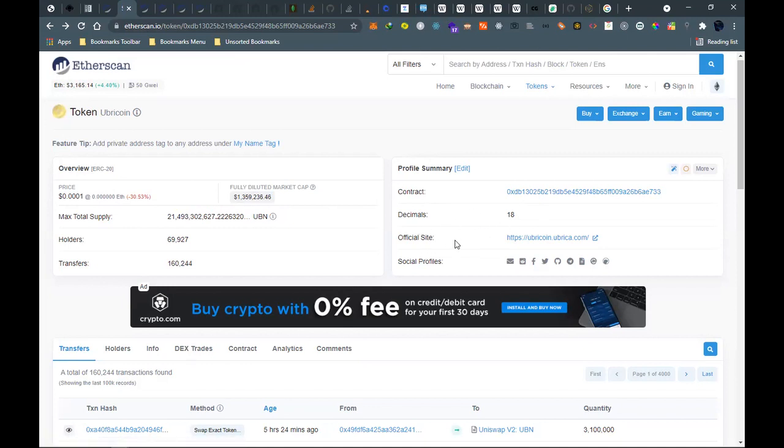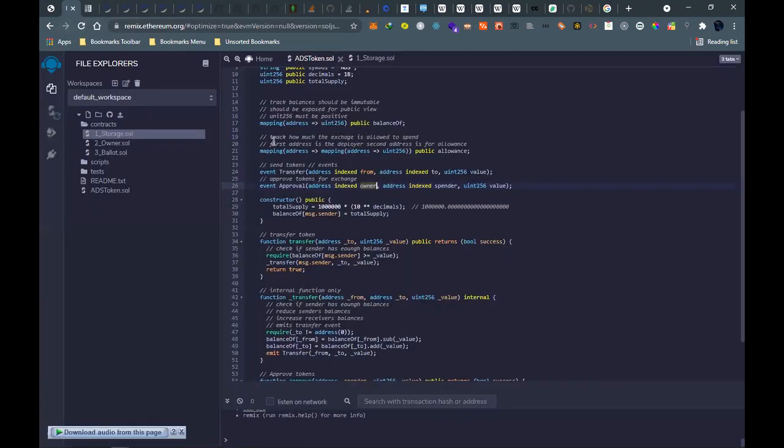These are added later once you have deployed your contract. The social profiles, transfers: these are all the transfers that we have been able to map here, and the events that we have emitted there.